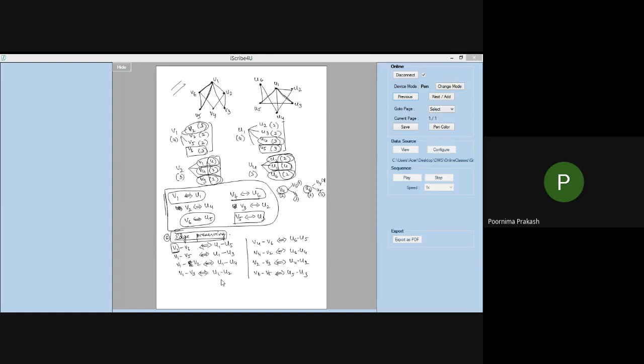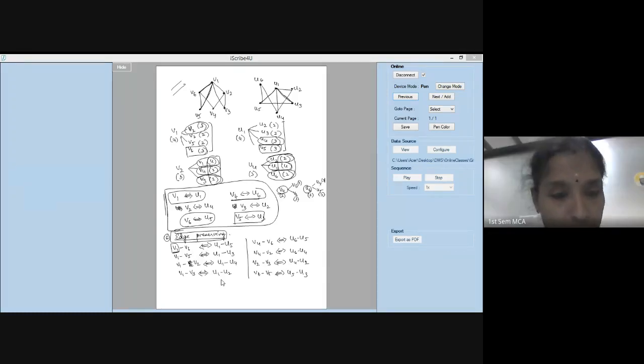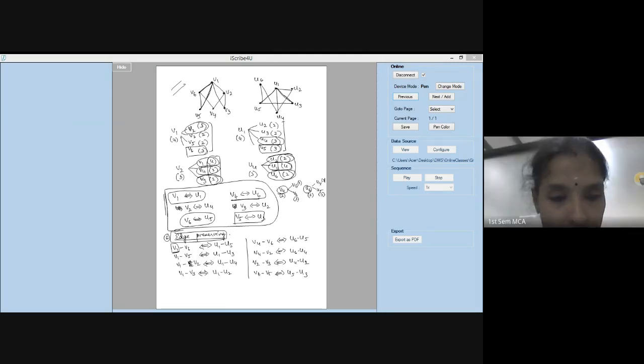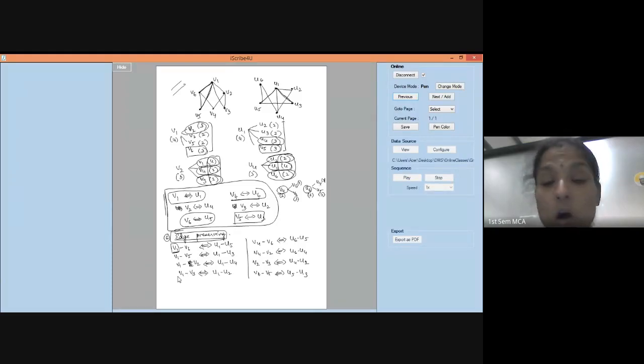Ma'am, can you explain edge preserving once again, ma'am? Edge preserving? Yeah, ma'am. Are you clear with vertex preserving? They are also a little bit confusing, ma'am. See, let me come back to this. When you talk of edge preserving, the first step is what? You have to list down all the edges that are there in G1. Now, step number 2, we have already noted how many edges are there. So you know how many edges, 8 edges. Write down all the 8 edges.